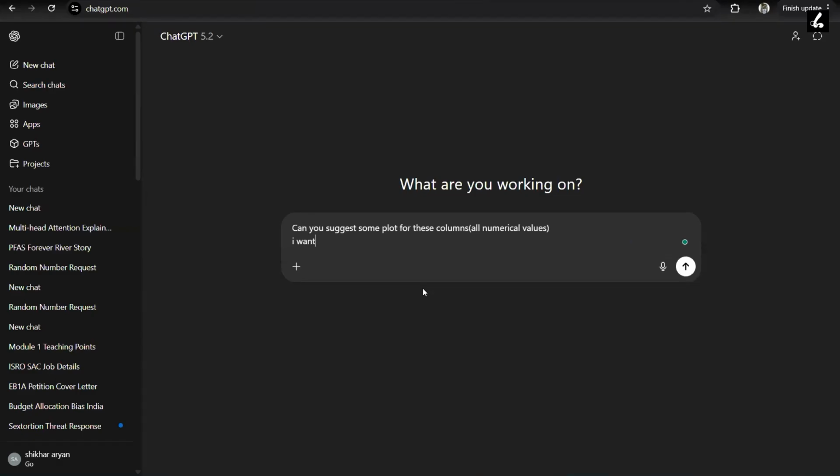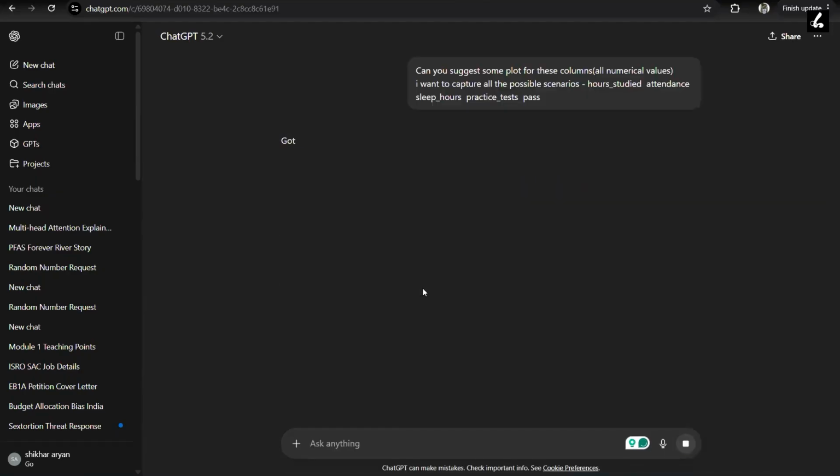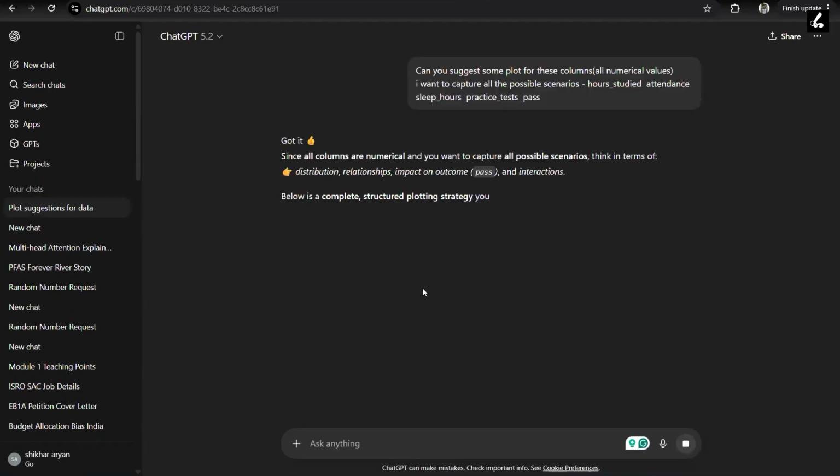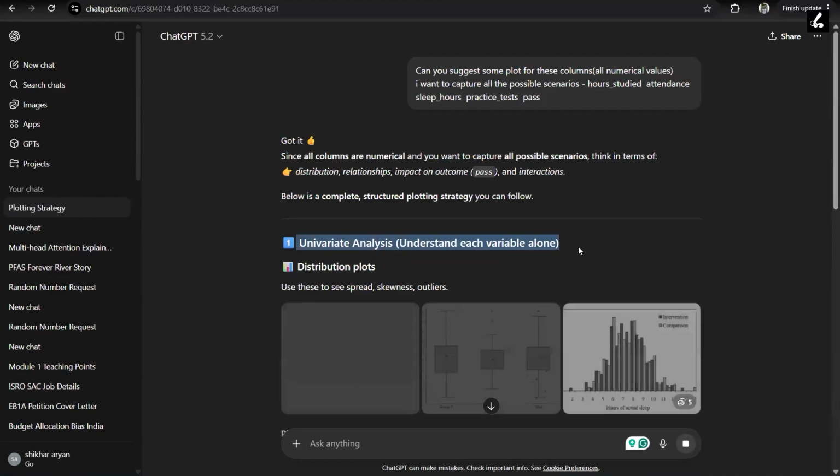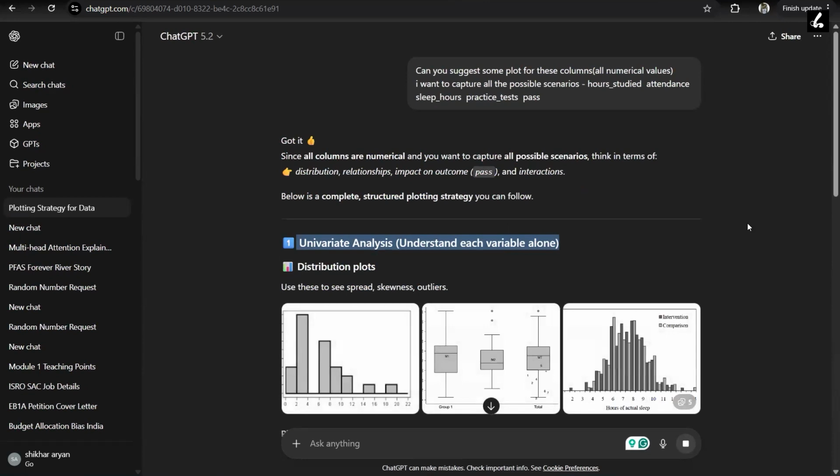I want to capture all the possible scenarios. Okay, we can perform a univariate analysis, understand each variable alone, which is also called exploratory data analysis, in which you